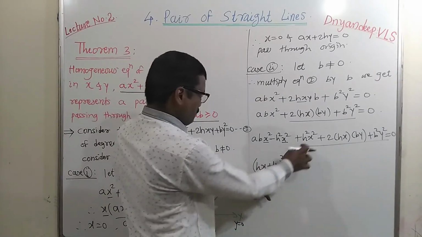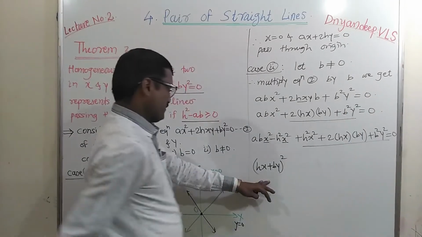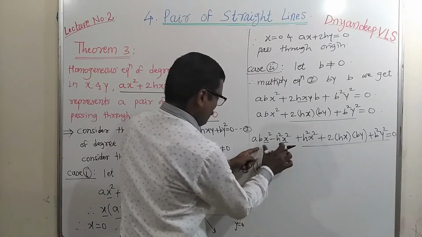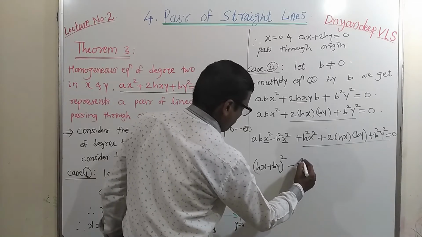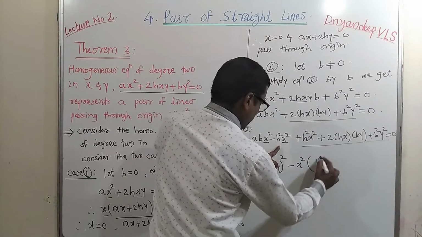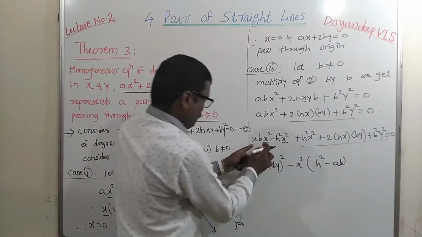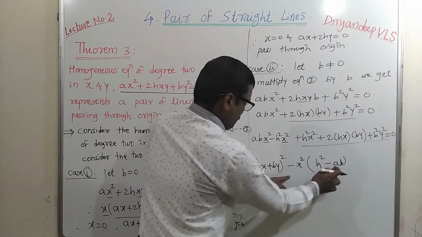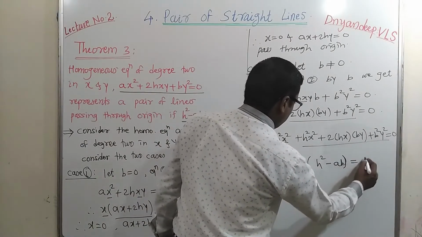B square gives us a square x square plus twice hx by plus b square y square. Now from this take common minus of x square. In bracket remains this h square and minus ab, because this x square ab is positive, this minus minus becomes plus, okay,